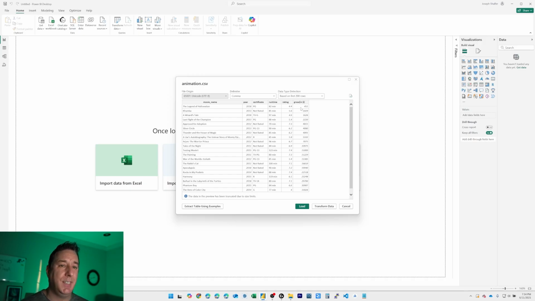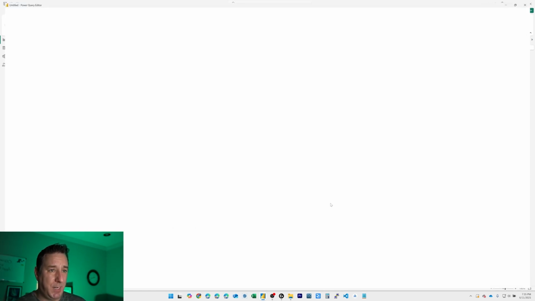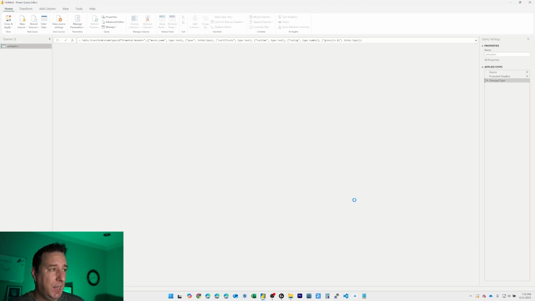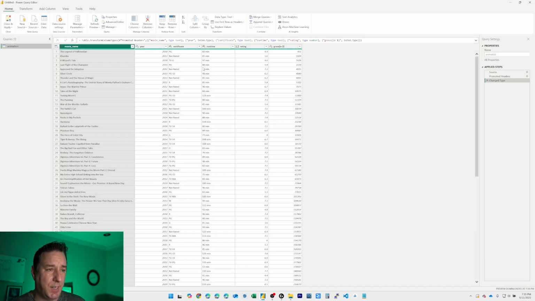Interpreting what sort of data is in this file. So let's go ahead and hit transform data. What that's going to do is load it into the data section of the program. This is going to look very much like Excel, except you're really not able to edit the data. You're just kind of massaging it, manipulating it in different ways, maybe to get it to display a certain way,